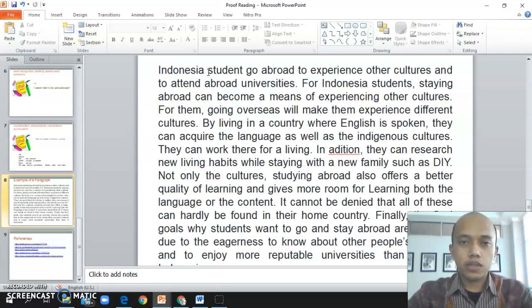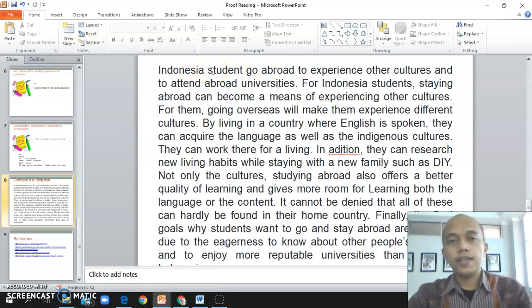Well, what do you think about this? How do we edit this? "Indonesia student go abroad." Have a look at the topic sentence: "Indonesia student go abroad to experience other cultures and to attend abroad universities." Well, as you see, the subject of this sentence is student, a singular noun, but the verb here indicates plural. Perhaps